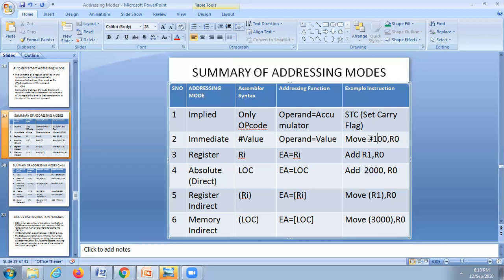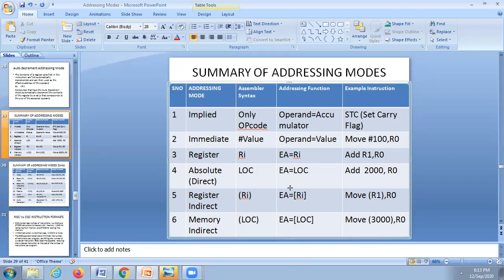Because wherever you find hash, it means that it is data. If you don't find hash, it means that it is the address. Add 2000 comma R0 is the absolute addressing mode instruction example. Here the effective address is nothing but the location, and 2000 is the location.